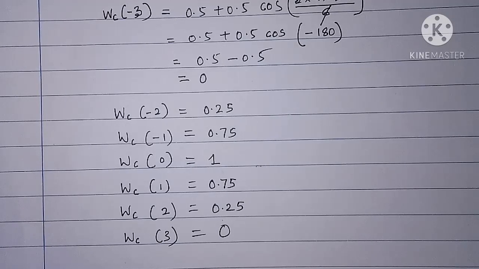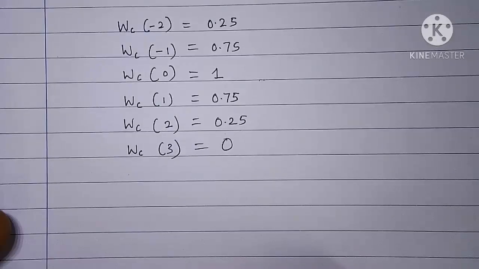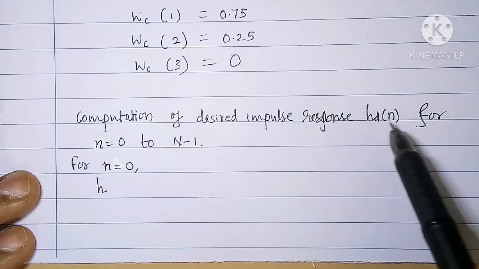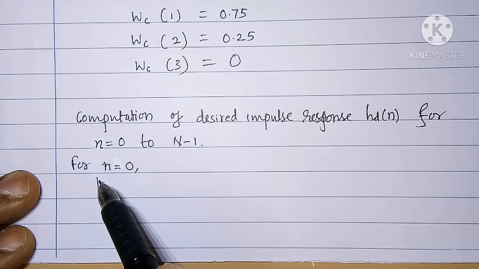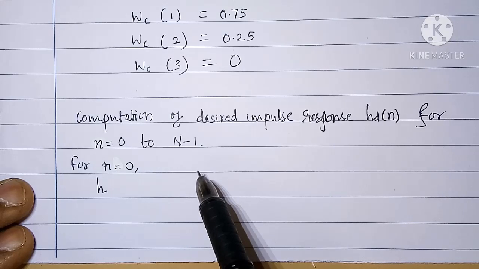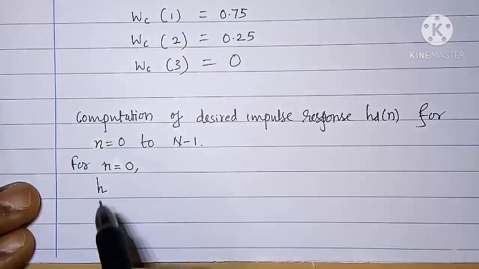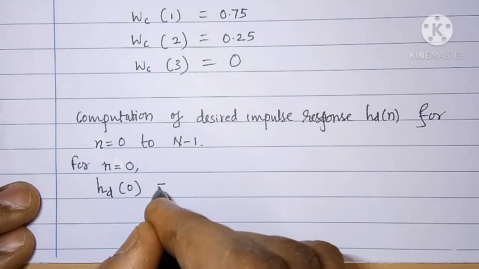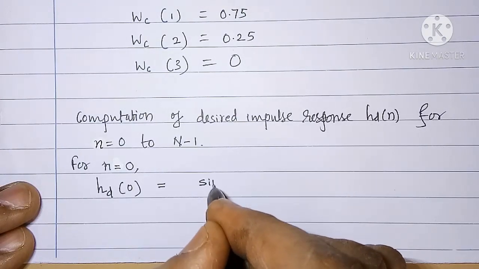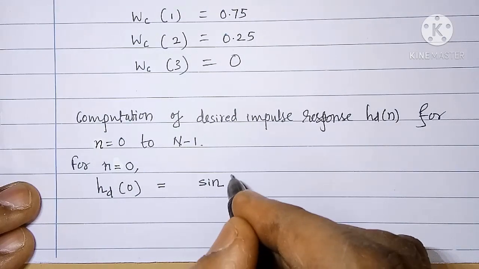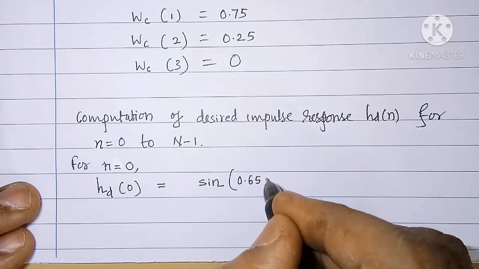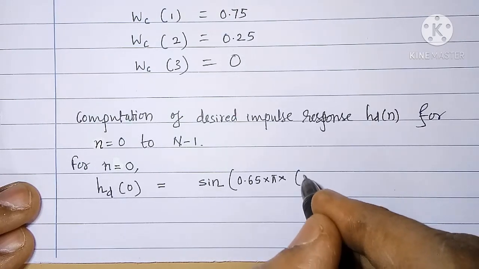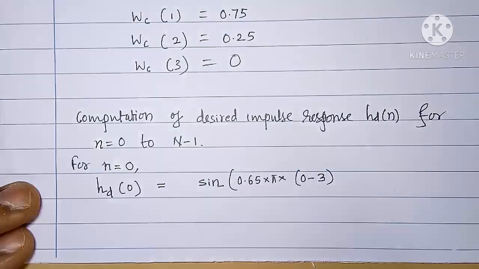Next we will compute the desired impulse response sequence HD of n. Computation of desired impulse response HD of n for n equal to 0 to capital N minus 1. Here also I will give you one detailed computation. Next values you will have to compute. For n equal to 0, HD of 0 is equal to sine of omega C2. Omega C2 is 0.65 into pi into 0 minus 3, because alpha value is 3,